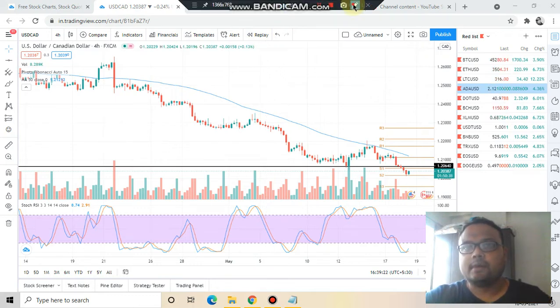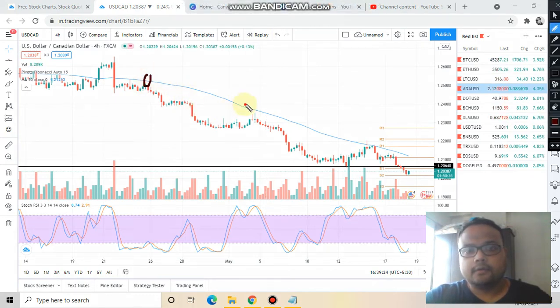We just short the market here, here, here. These were the trading opportunities or shorting opportunities for us, and right now we can see that market is at 1.203 and market is trading here, and we can see that market is still getting resistance from the 50 moving average. And if we consider the overall trend of the market, then there is no doubt about it that yes, market is in downtrend.